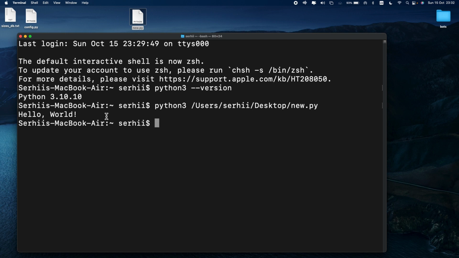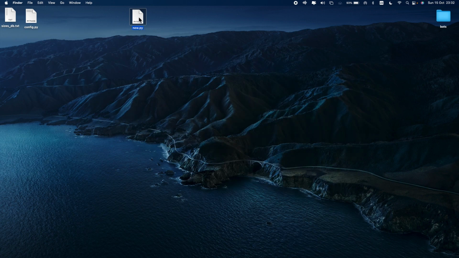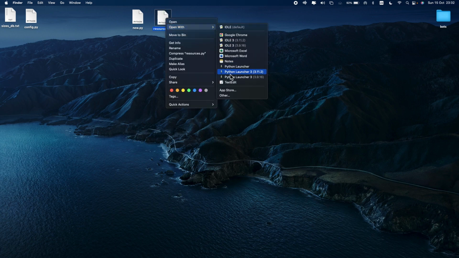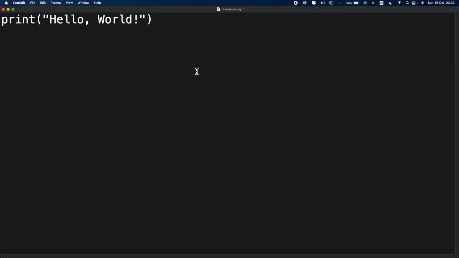Python is well known for its extensive collection of libraries, and let me provide an illustrative example to help you understand how libraries function. I'll begin by creating another Python file, simply by copying our existing one and renaming it as resources.py. Open this file, and within it, we'll define a function called kilometers_to_miles. This function will perform a straightforward operation of converting kilometers to miles by multiplying kilometers by 0.62.